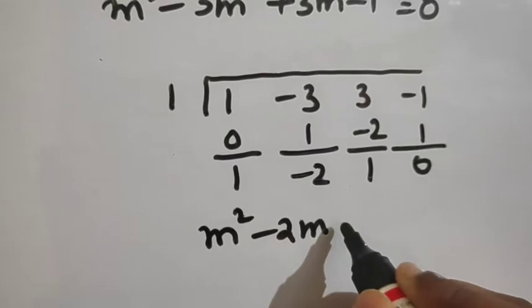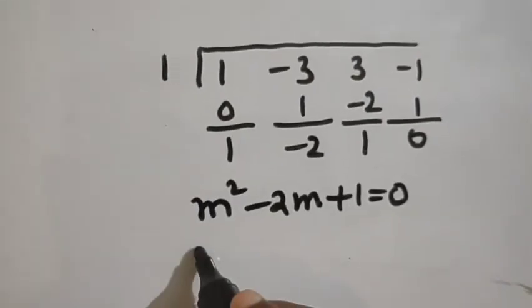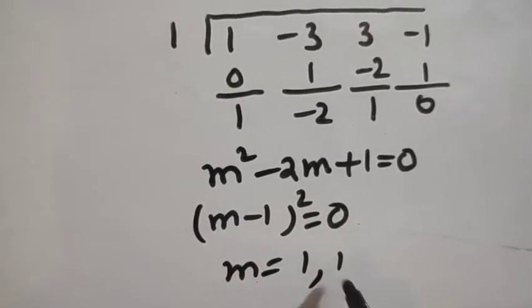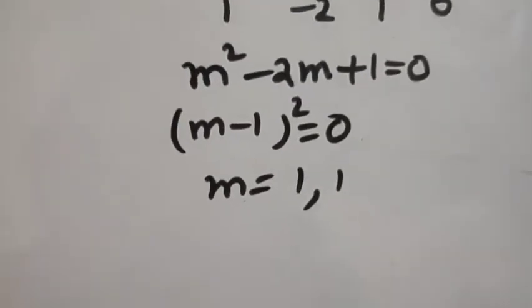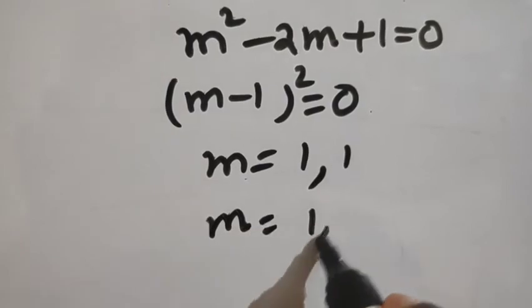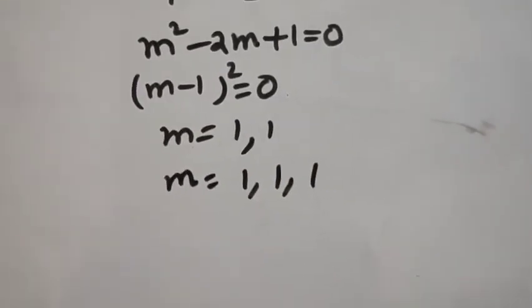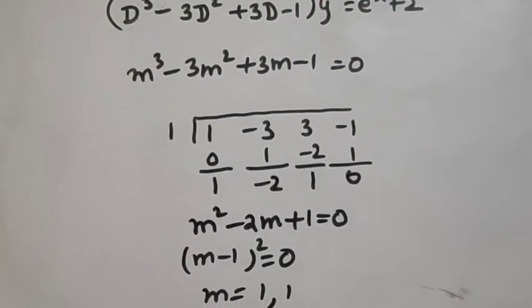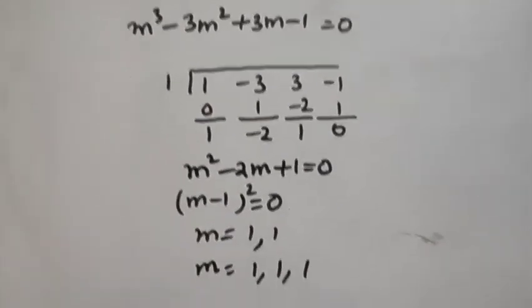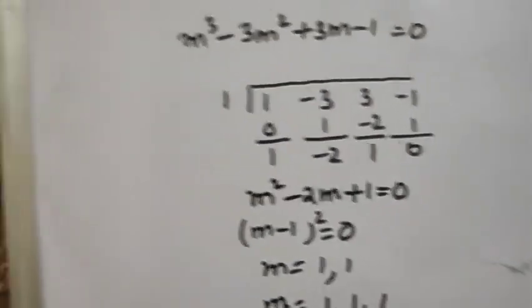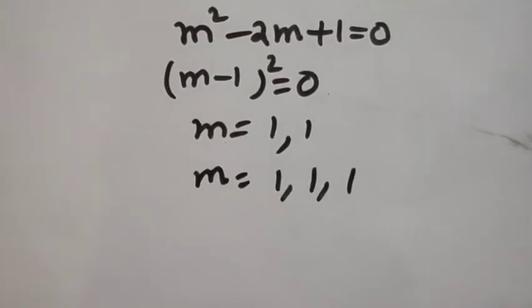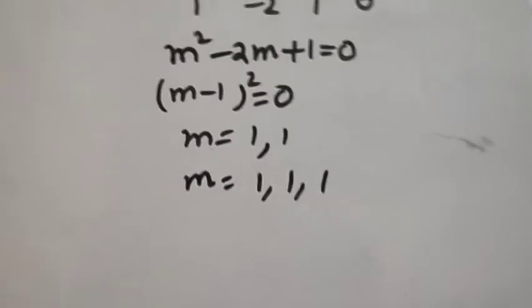m square minus 2m plus 1 equals 0. So this is m minus 1 whole square equals 0. So this will give us two equal values, m as 1 and 1. So finally we have the three values of m, which are 1, 1 and 1. If you have seen this carefully, this was just a very easy cubic, m minus 1 the whole cube. But anyway, we got to the answer. You would have directly written m minus 1 the whole cube and got the three roots as 1, 1 and 1. Now, once we have got the three roots, we'll find the complementary function, for which we